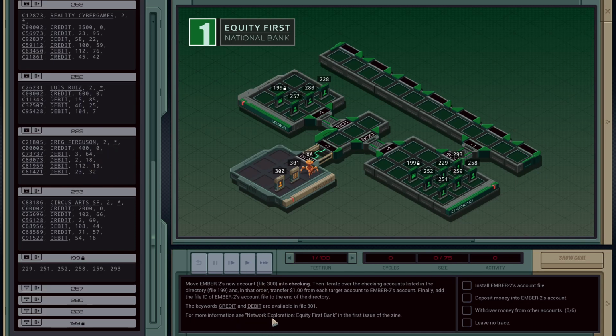Yeah. See, network exploration, Equity First Bank. Wow, that's from the first one. I might just get it open on my end, because I think I just have to remind myself what those numbers mean. Let's see here. Okay, so